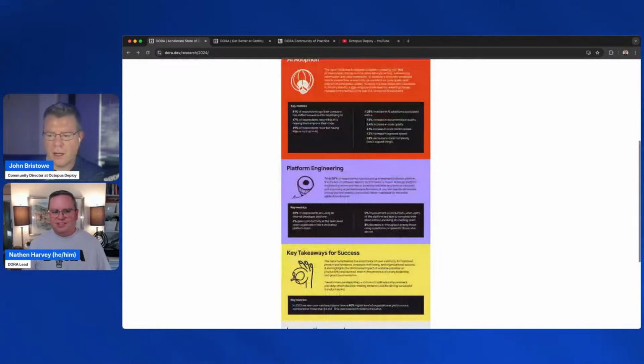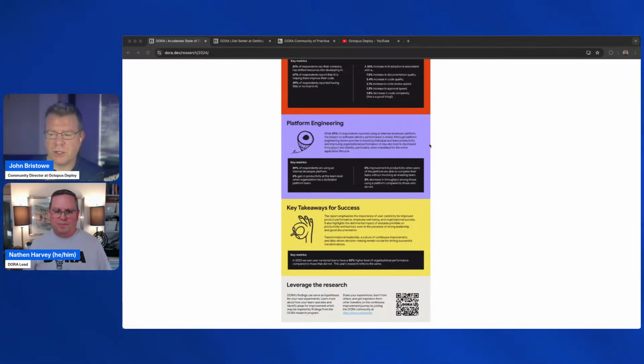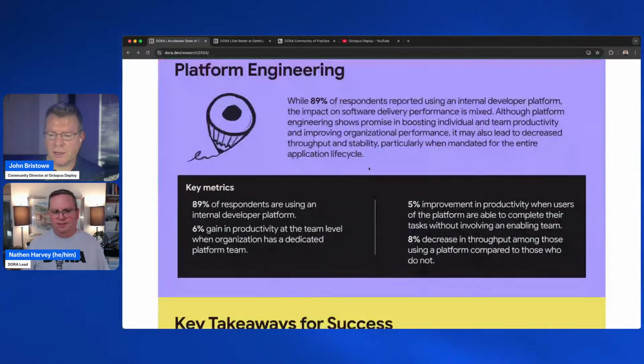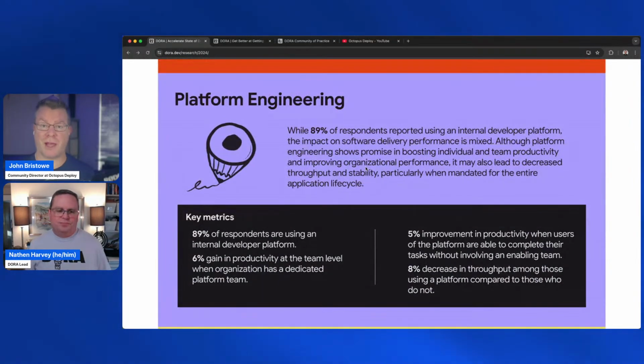So the report itself covers a bunch of major sections or categories, the ones that you've highlighted here, which is great. The other one, obviously worth mentioning, is platform engineering. Inside here, you've got some highlights. Internal platforms, for example, are a great use case. Those are things like Backstage, etc., and they can be very useful for improving productivity and team performance. But in this report, it highlights that there are trade-offs like reduced throughput and stability. My question, I guess, is how can teams mitigate the downsides?